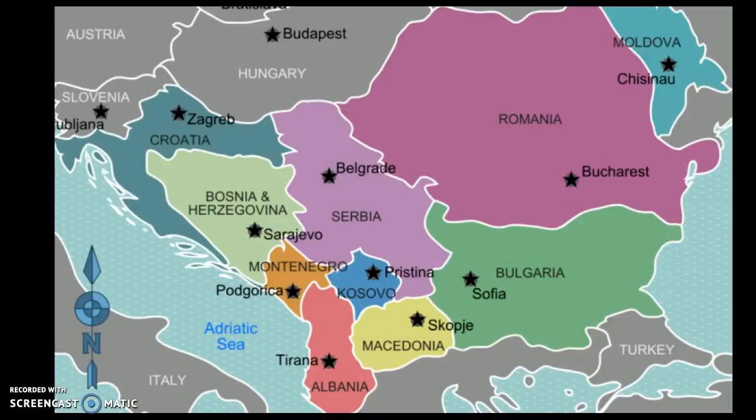The Socialist Federal Republic of Yugoslavia was a federation of 6 states: Bosnia and Herzegovina, Croatia, Macedonia, Montenegro, Slovenia, and Serbia, and 2 autonomous provinces, Vojvodina and Kosovo, until 1991. The official language was called Serbo-Croatian. After the devastating period of civil war over ethnic and religious conflicts that began in 1991, the country disintegrated into